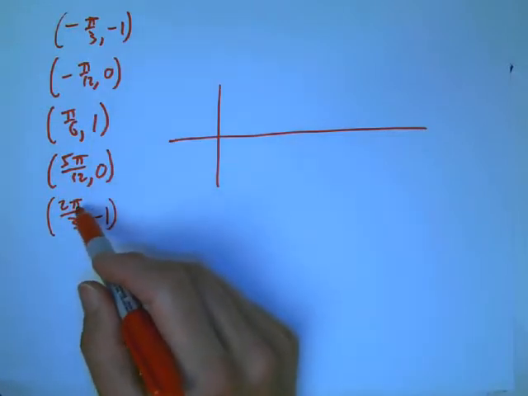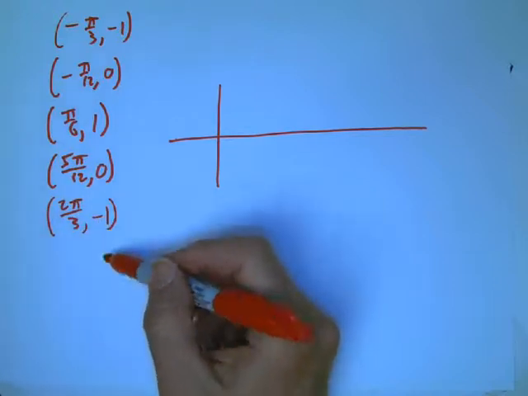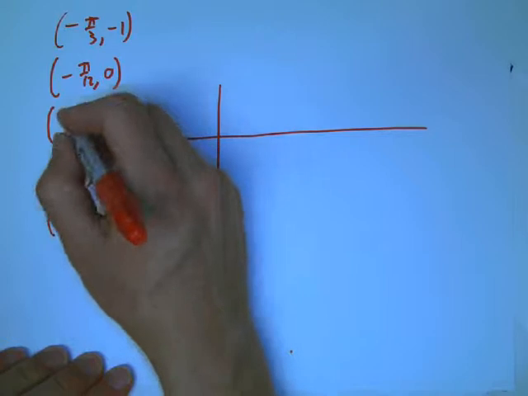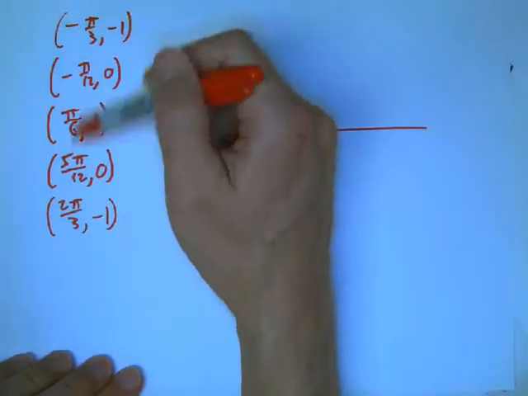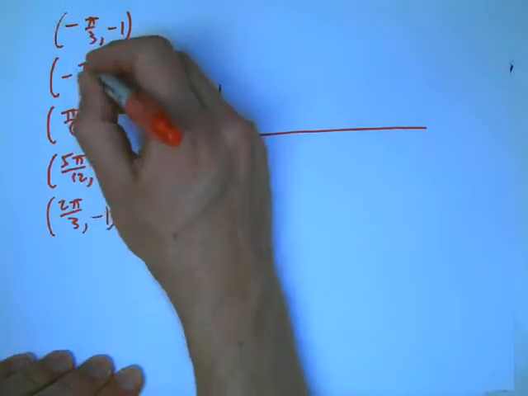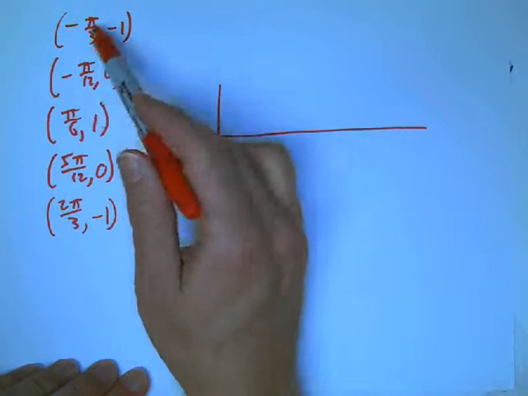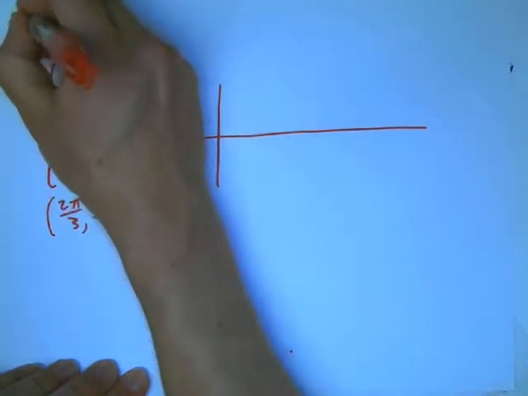And here's the last one. It's pi minus pi over 3, which is going to be 2 pi over 3. And the y-coordinate was minus 1, and we haven't shifted that. Now, here's a trick to make it easier to plot all these points. It's not super hard, but you really want to keep it in terms of common denominator. Like pi over 3 is nice and simplified, but it's going to make more sense if we just leave it